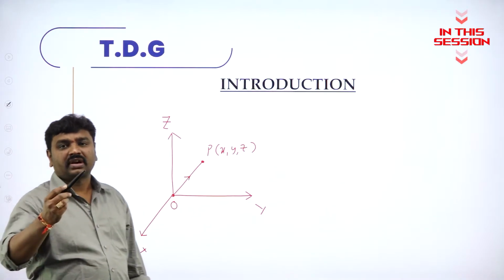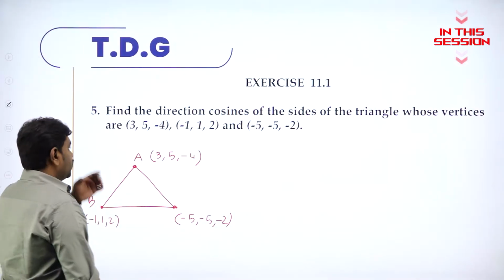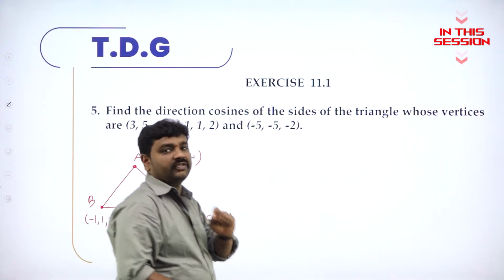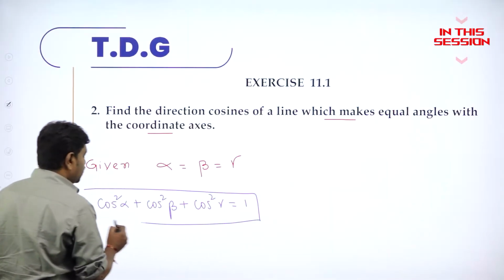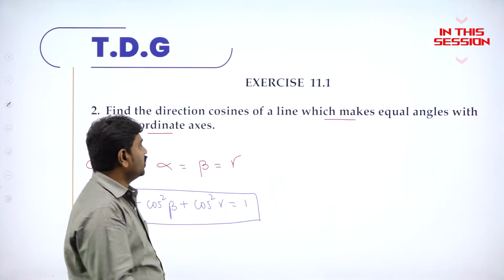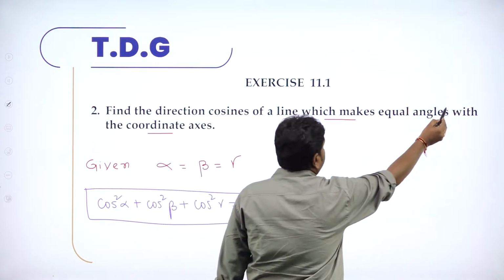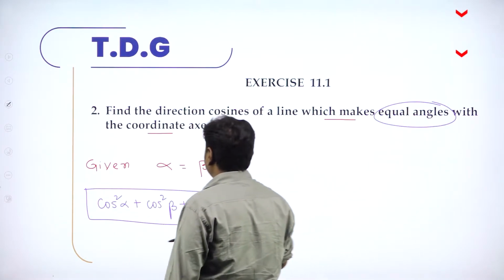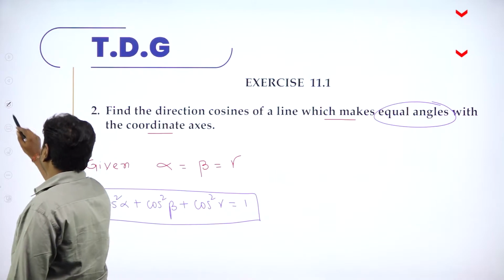Whatever you studied in your first year PUC. They wanted to find direction cosines. For that, first you create vectors. So this relation helps you to solve. They gave alpha, beta, gamma is equal because they told it makes equal angle. So whenever a vector makes equal angle, then alpha, beta, gamma all are what?